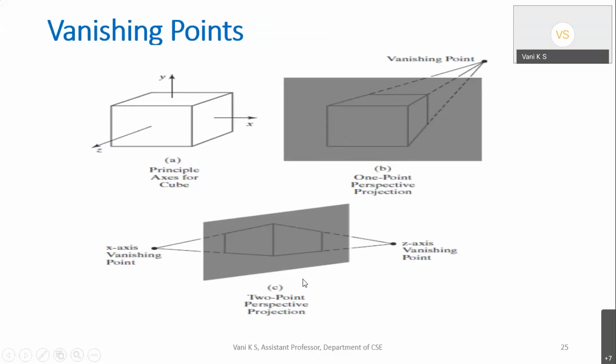So this type of object and view plane are not parallel to the X-axis, nor parallel to the Z-axis. Only they are parallel to the Y-axis. Then they have two vanishing points, or the object tends to vanish to a single point along two axes. The object tends to converge along two points. That is, we have two vanishing points, converging here and here, along Z and X.